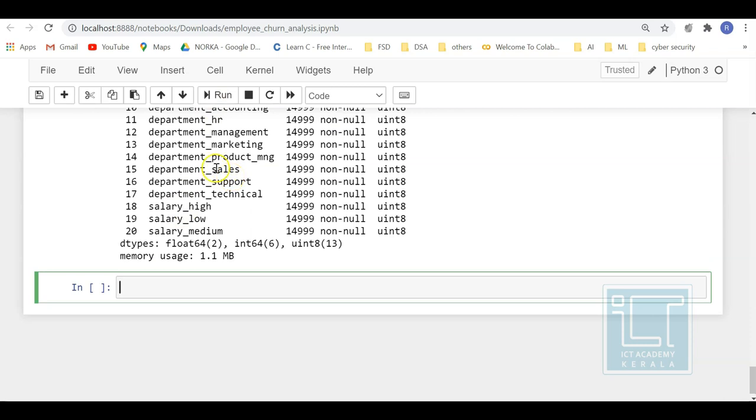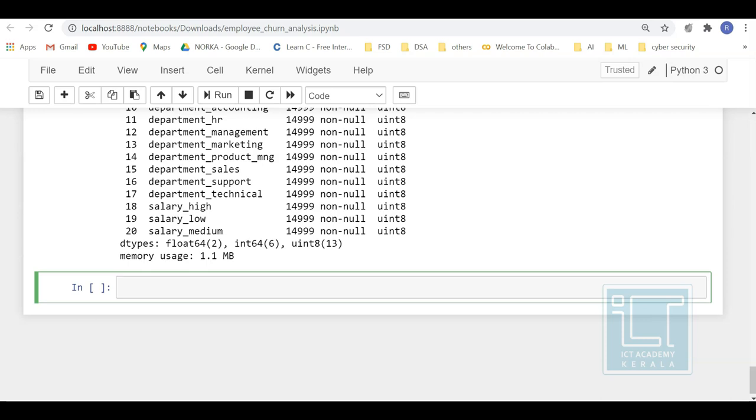See, there are some dummy attributes in our data set with numerical values like 0 or 1. So now you are sure that your data set contains only numerical values, right? It's only unsigned integer numbers, and there are no more null values. So now your data is ready. You can go for splitting this data set into target variable and feature set.